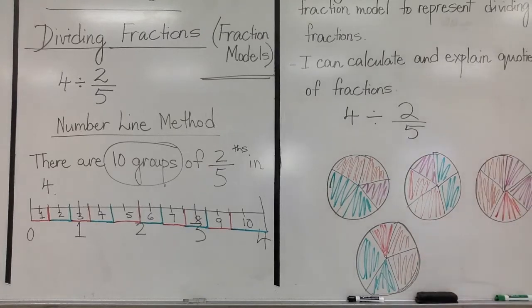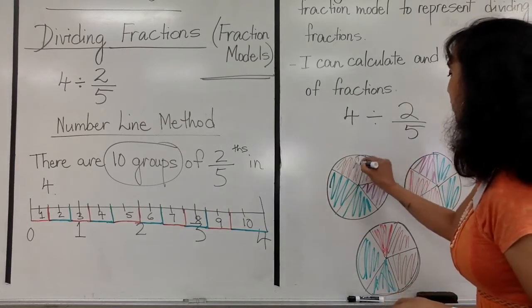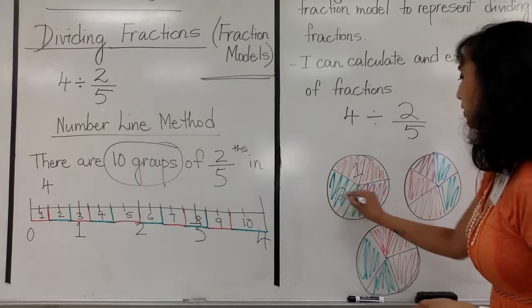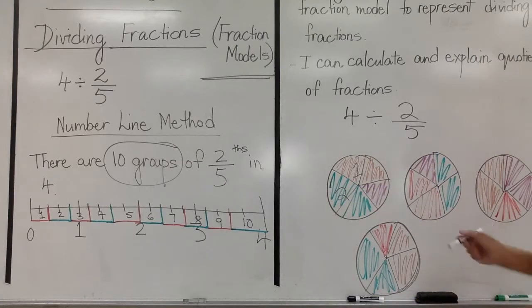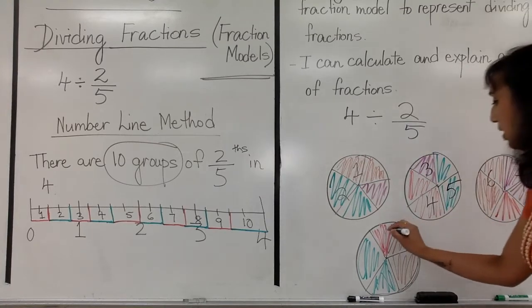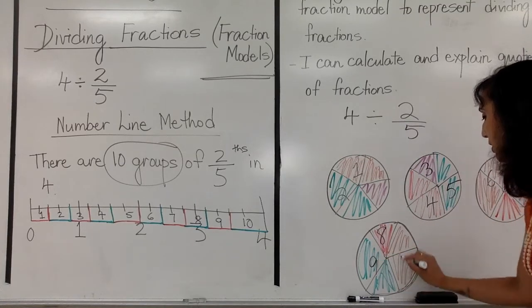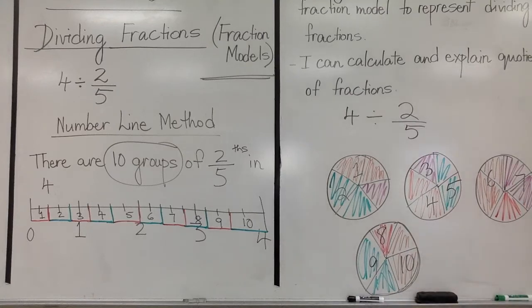Okay, so now once I've done two parts of each of these, I'm going to go and count those groups. So this is one group, the green is another group, the purple or pink, whatever, is another group, that's 3. This is 4, 5, 6, 7, the red is here, 8, 9, 10. So I have 10 groups over here